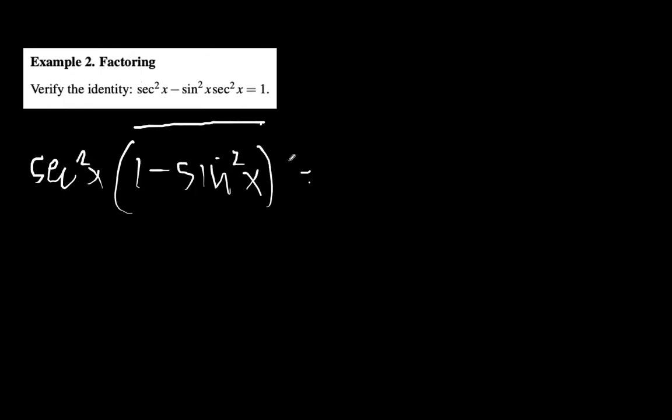Okay, let's deal with this. Eto, tingnan nyo, class. Pareho silang may secant. So, you can factor this out. 1 minus sine square x. Okay, n equal to 1. Dapat maging equal to 1 to. So, the left-hand side